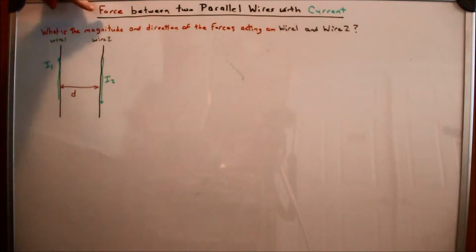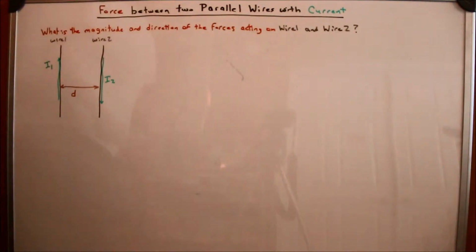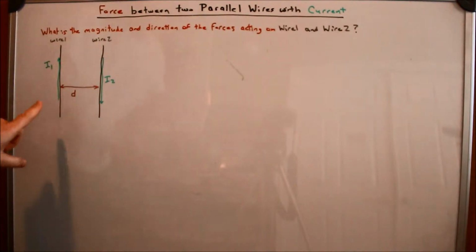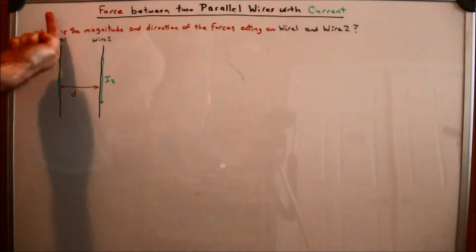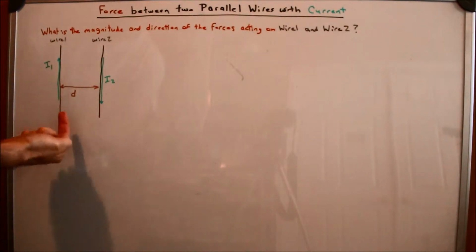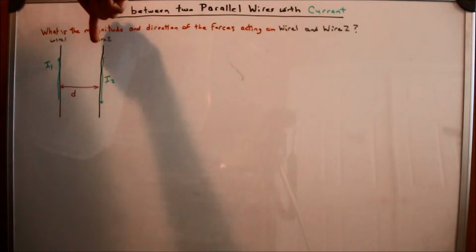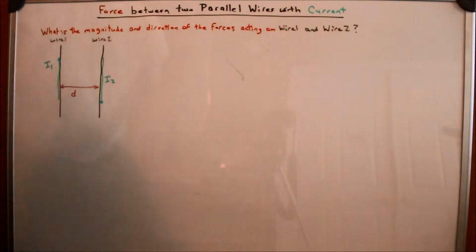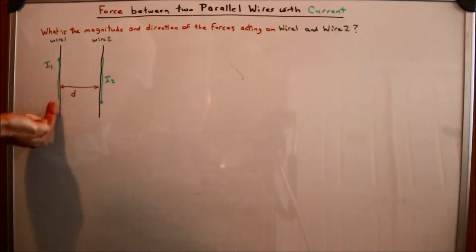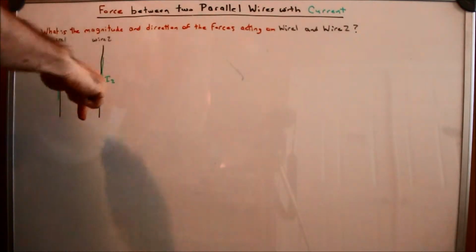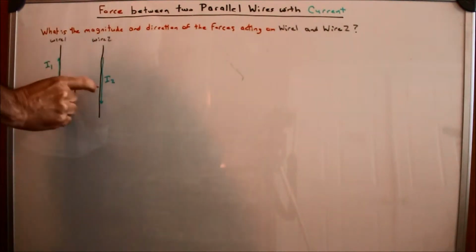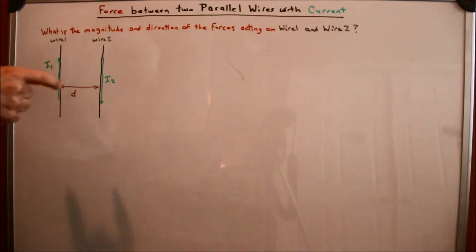In this problem, we're going to solve for the force between two parallel wires with current acting on them. And the question is, what's the magnitude and the direction of the forces acting on wire 1 and wire 2? So wire 1, let's say, is just moving straight in the plane of this board straight up, and parallel to that is wire 2, which is there, and wire 1 has the current that flows in this direction, wire 2 has the current flowing in the opposite direction, and the distance between them, the centers of the wires, is distance